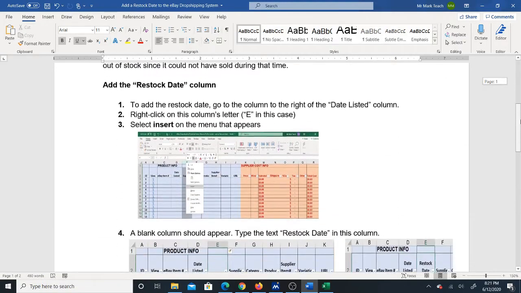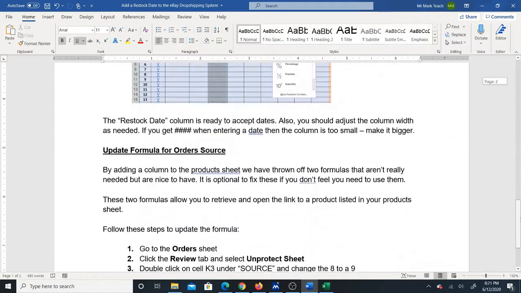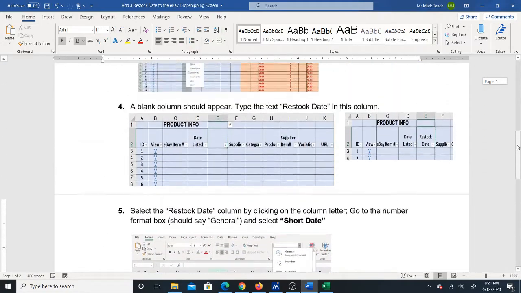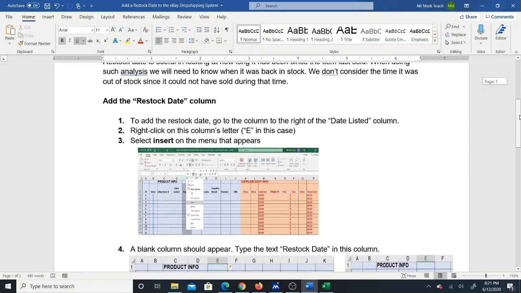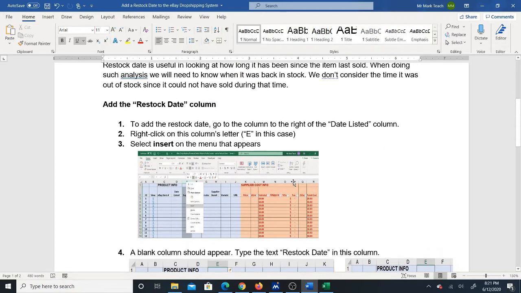I do have some written instructions, some short instructions to show you how to do it if you prefer that. However, I will go ahead and show you what to do right here in the video. And first of all,